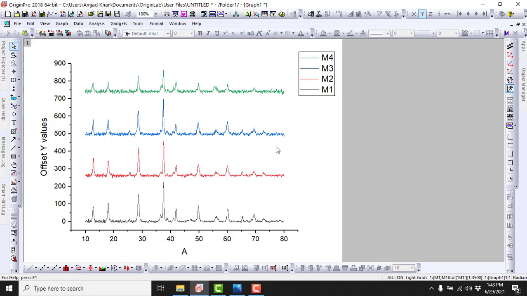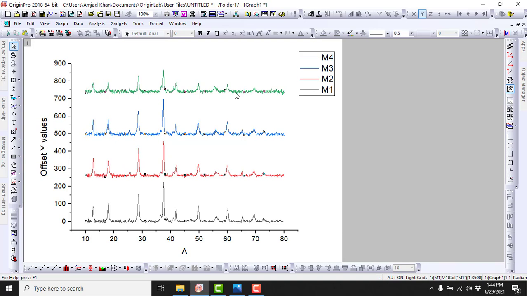The spectra are plotted in my desired pattern, but now I want to change the order of the spectra. What I mean is, I want the black graph on the top of all the spectra and the green graph at the bottom. I want my red graph in the place of the blue graph and the blue graph in the place of my red graph. If I click and try to drag a graph to another location, it will not move.